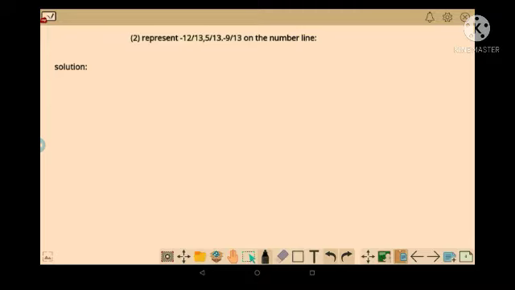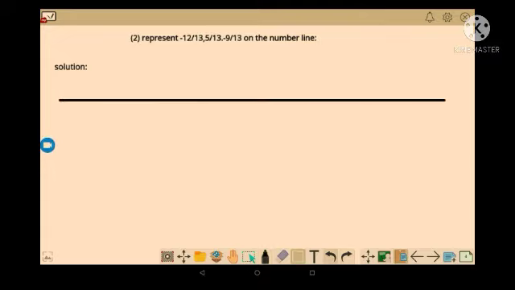So we need to draw a line with 0 in the neutral position, in the middle, because we have positive and negative numbers. On the positive side we will get only some numbers, up to 5, but at 9 and 12 on the negative side we will get more. So we need to take some on the positive side and more on the negative side. Okay, so now let's draw a line first here. Okay, fine. Now we draw a line. Now we need to write 0 here. Okay, 0.